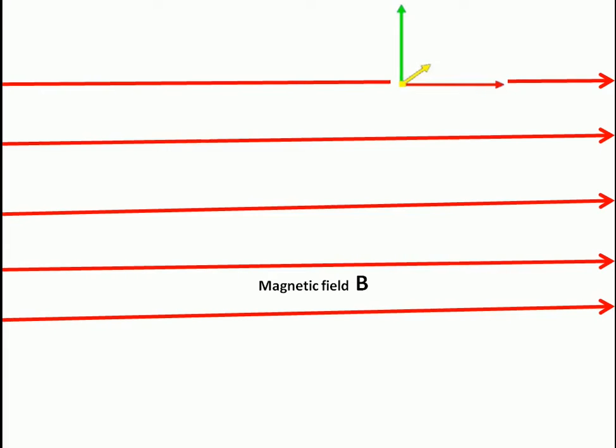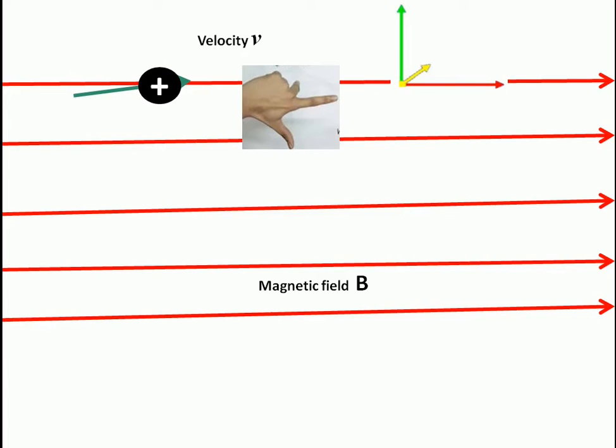Now we'll see the same picture from another side. This is a uniform magnetic field going towards the left, and the motion of the positive charge is into the plane of the screen, so its velocity is going into the plane. This time I can use Fleming's left hand rule and the force will be in the downward direction, so it will follow a circular path in a downward direction. Same thing from a different angle.